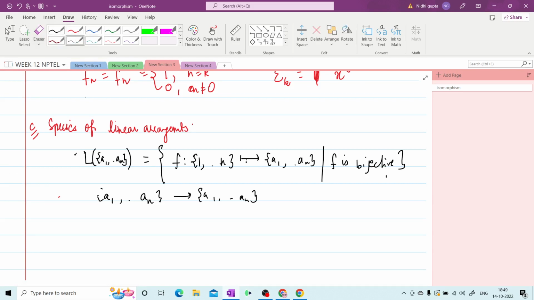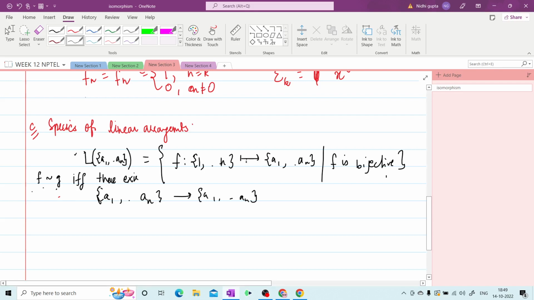So we have to say when two linear arrangements are the same. F is related to g if and only if there exists sigma, a bijective function from this set to this, such that